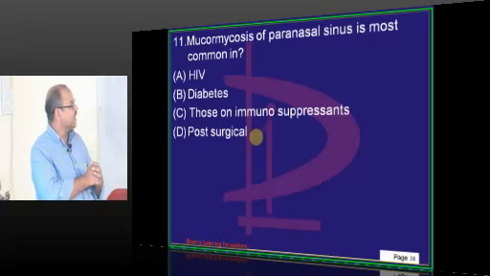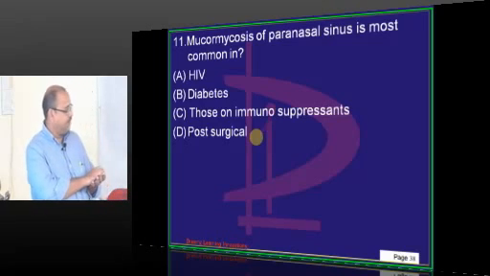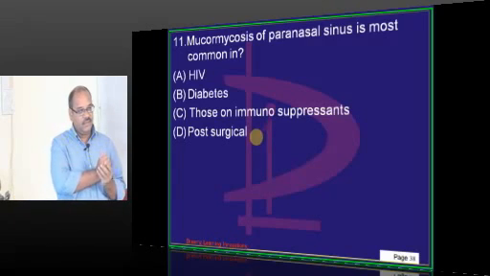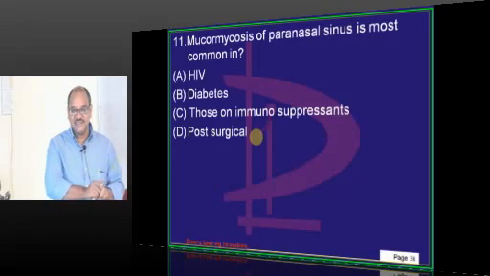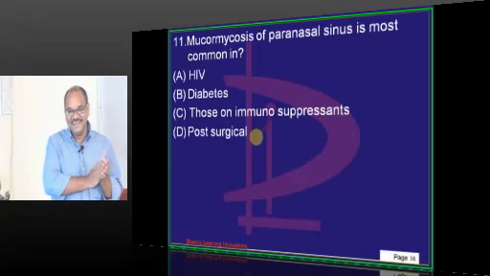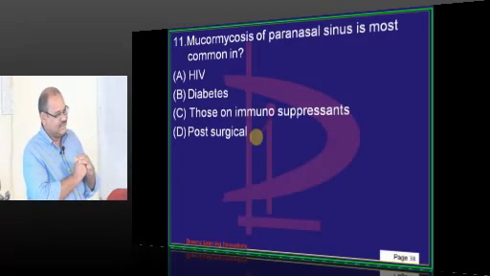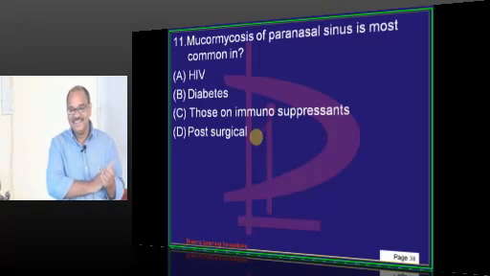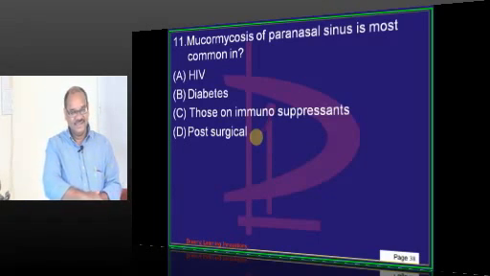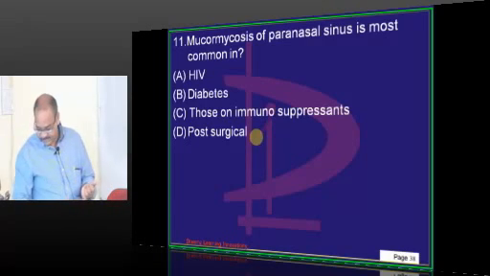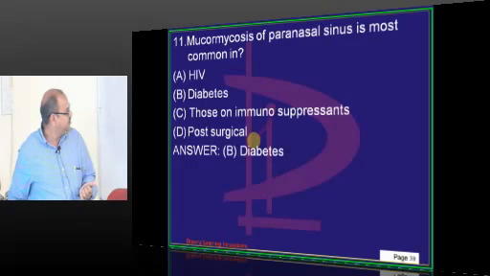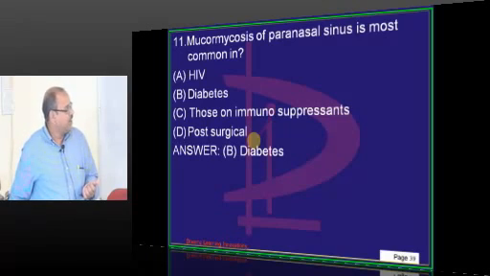Mucormycosis of paranasal sinus is most common in HIV, diabetes, those on immunosuppressants, post-surgical? Diabetes. Why not immunosuppressants, when the patient is on immunosuppressants? Why not HIV? But the answer is diabetes. In the textbook it is described that mucormycosis is most commonly seen in diabetes, and also